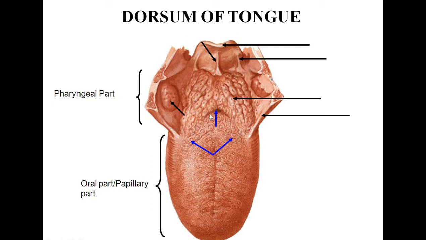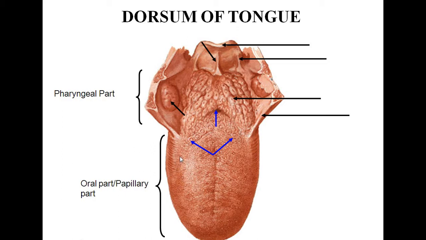The two limbs of the sulcus terminalis meet at a depression called the foramen cecum, which represents the downward extension. From this point there occurs a diverticulum called the thyroid diverticulum, which divides into two parts for the development of the thyroid gland. So that is the upper end of the thyroglossal duct.